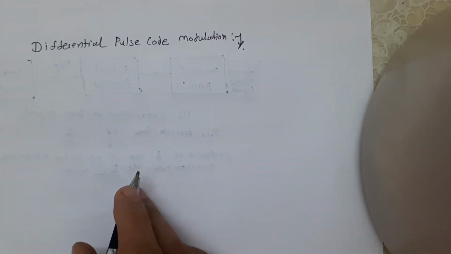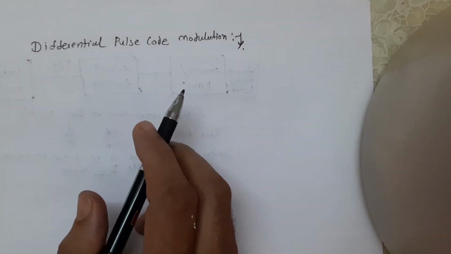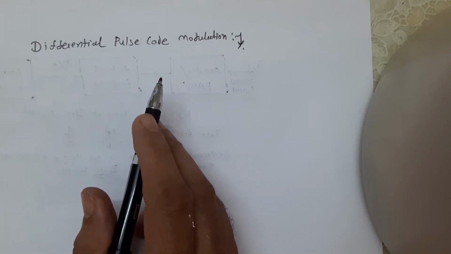Now in this differential pulse code modulation, we first estimate the predictable part from the signal and then code the unpredictable or error signal in terms of unique binary words as in PCM, and hence we are getting this name. The motivation for the same is that most message signals have high correlation. Therefore, it is possible to classify the information present in them into predictable and unpredictable parts.